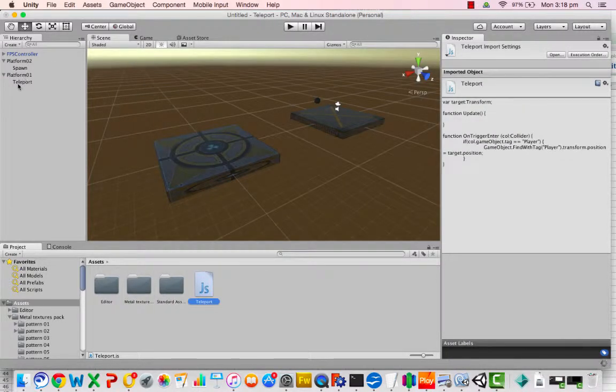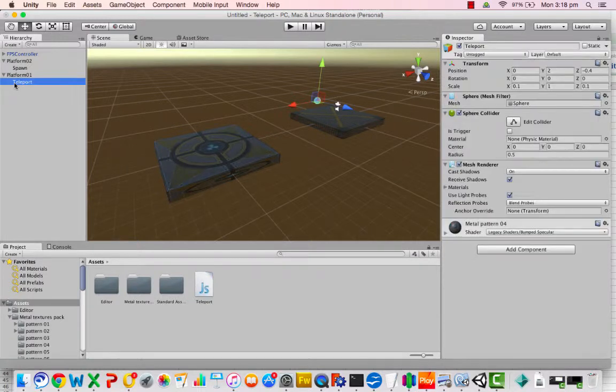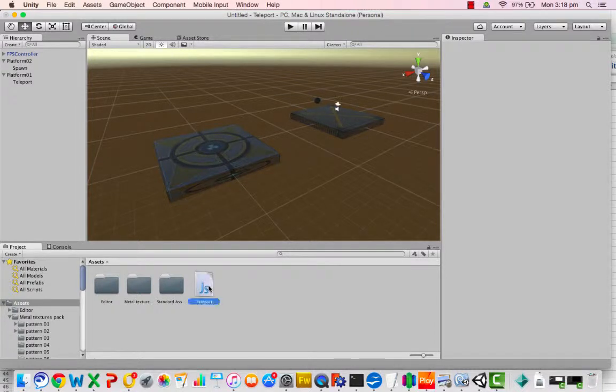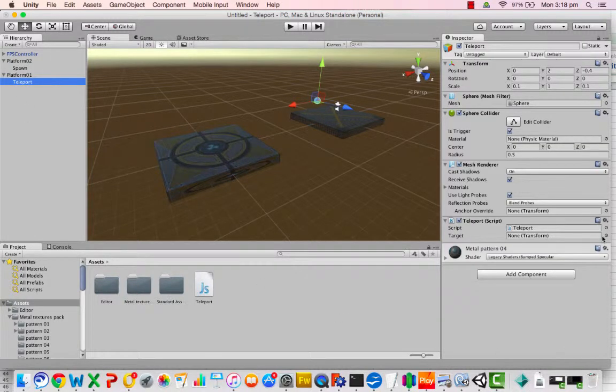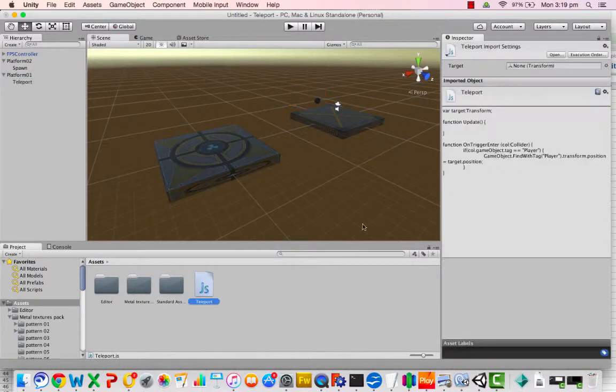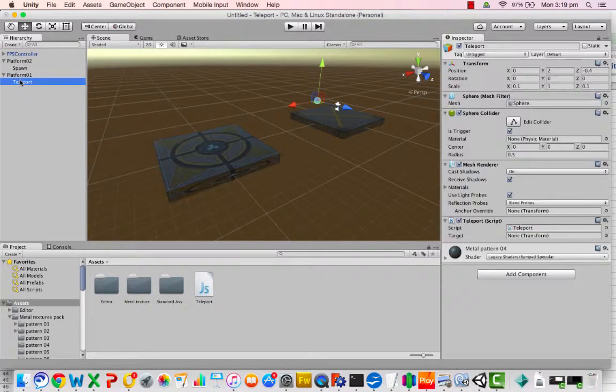I'm now going to go back to my teleport point here, and my teleport point is going to be a trigger, and that relates to the trigger in the script, the on trigger enter. Now I'm going to grab my JavaScript and drag it onto my teleport. When I click on my teleport, you'll see that this extra section has opened up here, and you can see that I've got this target box here, and that target relates to the target in the script, this one here. So we can now drag our spawn to be the target. So now if I press play,